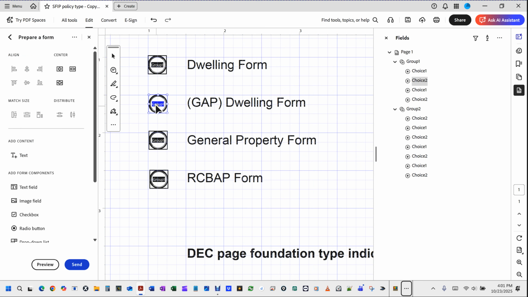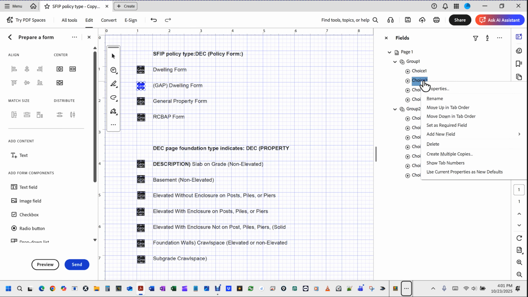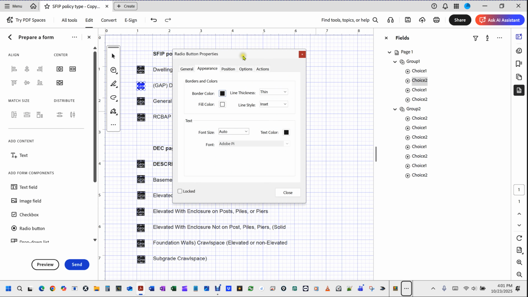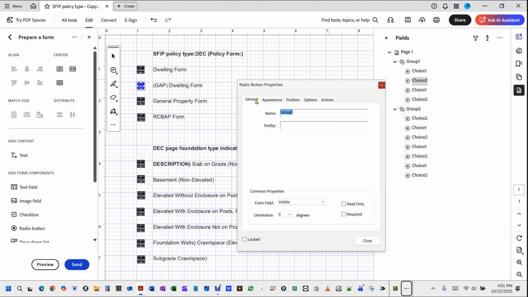I want to grab this one. Sometimes if it's hard to grab, let me show you all those double arrows. If I click on those double arrows, it could do some things, right? Or let's just click here, right click, and go to properties, and you can select it down here. Okay, so we're gonna go to general. Remember, all of this are group one. All of this are group two, so we can't use the word group two. So let's start with group 3. I'm going to hit close,